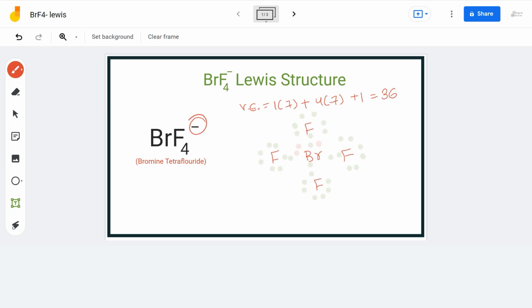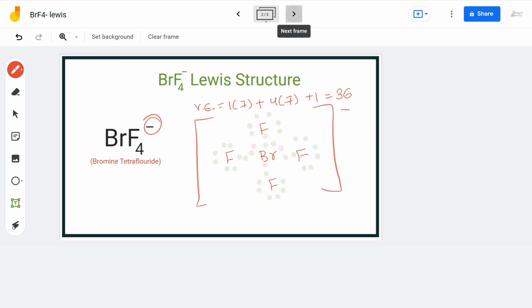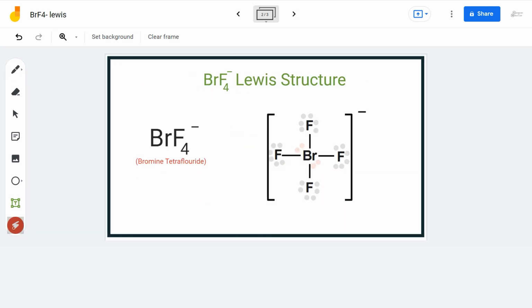Here bromine has more than 8 electrons in its outermost shell, but that's okay as it can expand its octet and can hold more than 8 electrons. Doing that, we have used all our valence electrons and each and every atom in this Lewis structure has a complete outer shell. So this is the final Lewis structure of